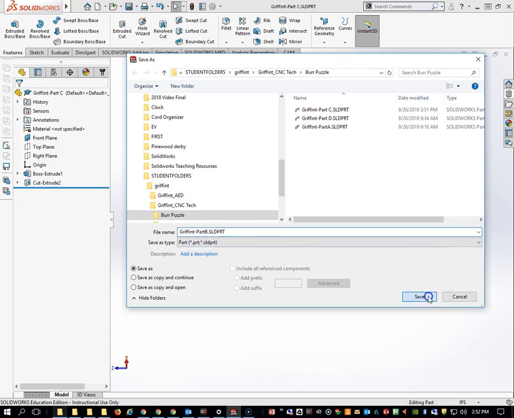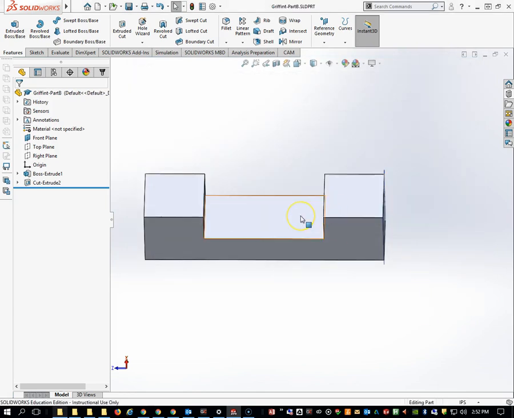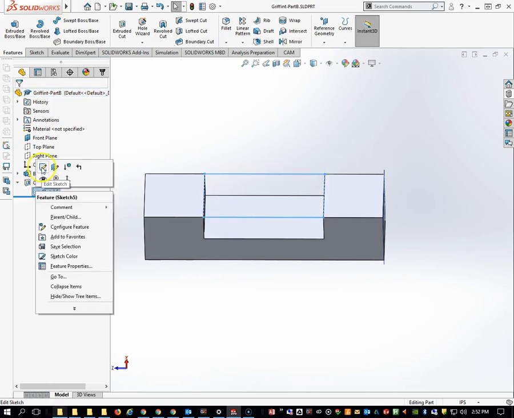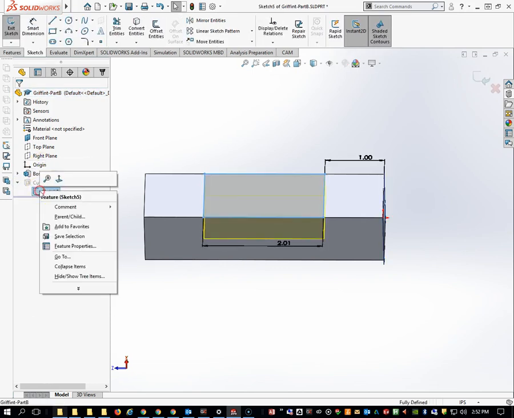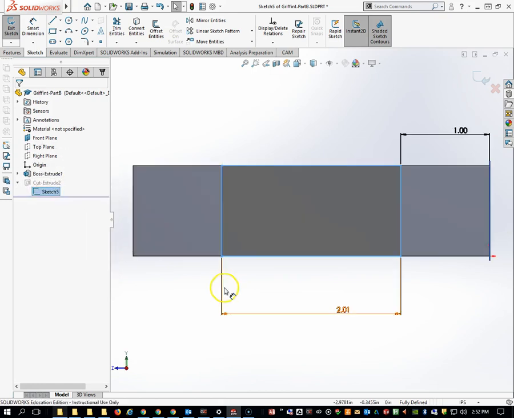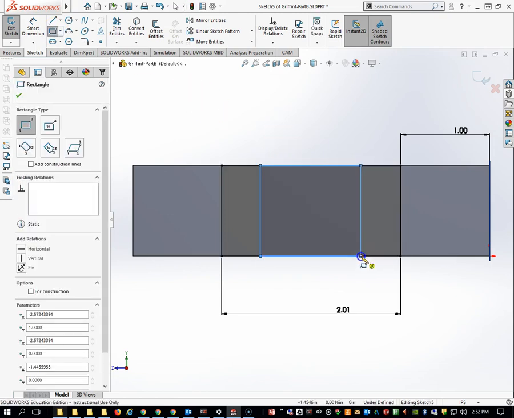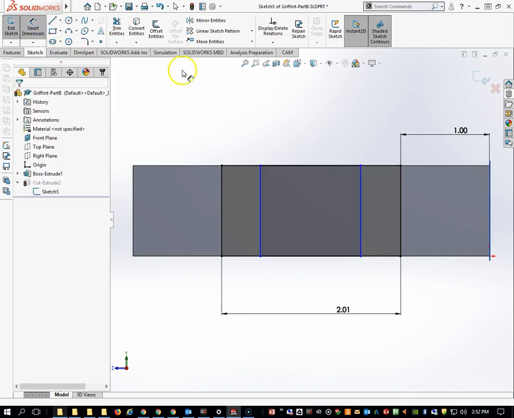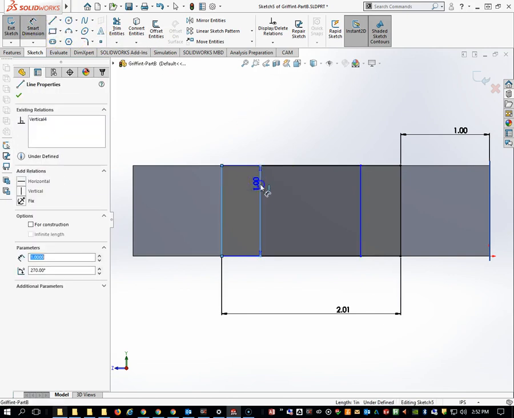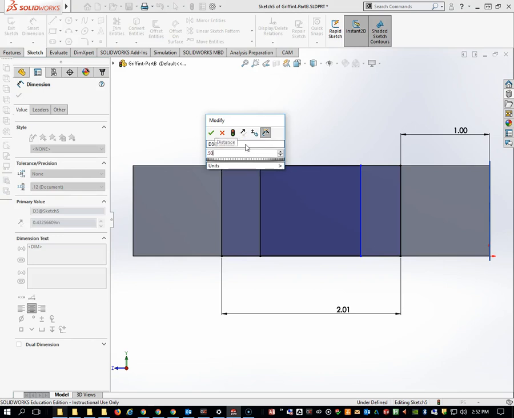and hit Save. And now we got to make the edits to this guy, and this part is a little different, so we're going to go in here and modify this sketch by clicking this little guy here, opening this up, right clicking in here and hit Edit Sketch. Also going to right click and go Normal to. It'll be easier to draw. Grab my rectangle tool, going to click on the line and then on the line down here. Grab my dimension tool, and these two dimensions are going to be 0.505